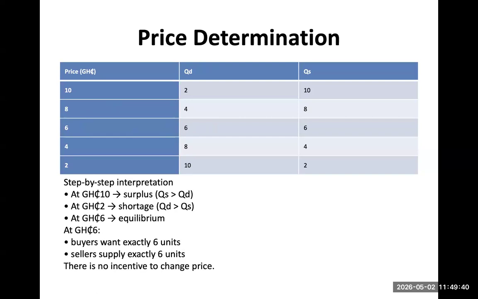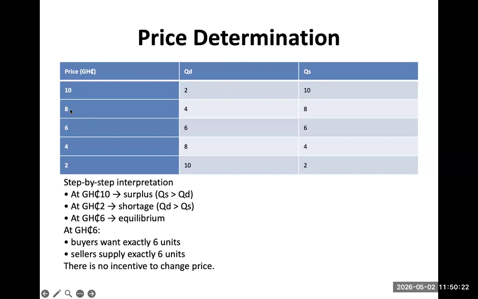Okay. This is a hypothetical firm. According to our law of demand, we know that at a higher price, less is being demanded, and at a lower price, more is being demanded. And we know from our law of supply that at a higher price, more is being supplied, and at the lower price, less is being supplied. At the price of 10, the buyers bought 2 units of the product, while the sellers were willing to supply 10 units.